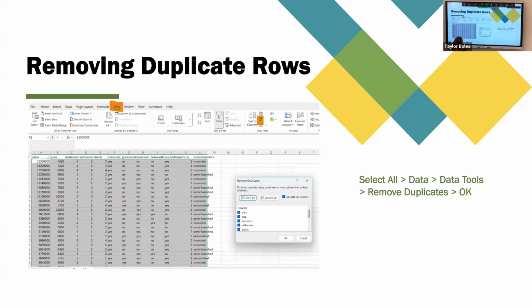Okay, so in terms of removing the duplicate rows, for the housing data set, what you would do is you would click in cell A1, and then if you're using a Windows computer, you can do Control-A, and that will select all of your data. And then you would go to the data tab with all that selected. You would go to data tools here, and then you would press this. This is the remove duplicates. And then this will pop up here. It has all the columns that you want to check for duplicate values. Just make sure that all of those columns are checked, because you want to check in all of your columns. And then you would press OK, and it will select